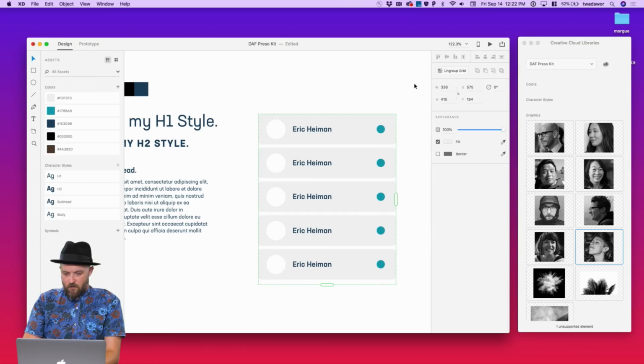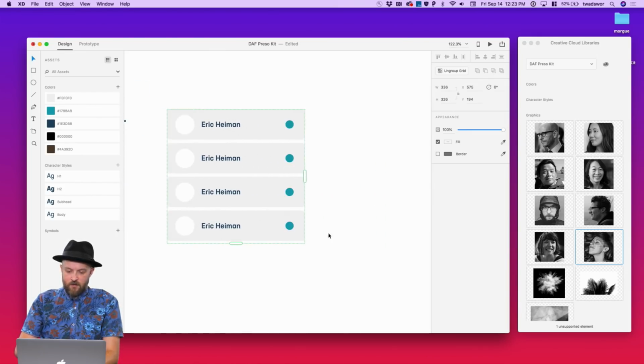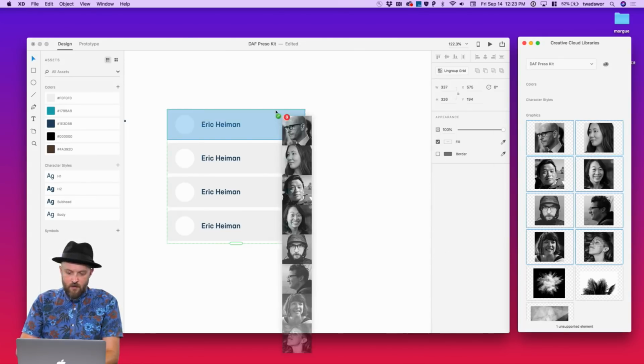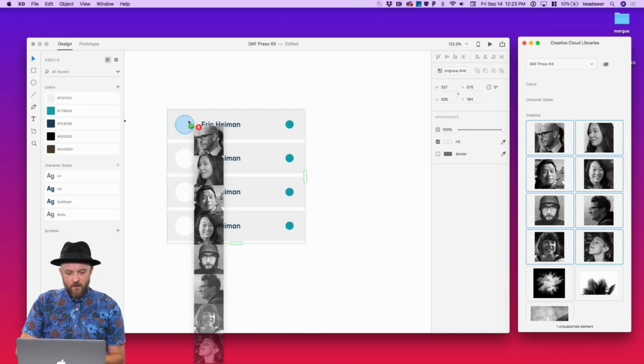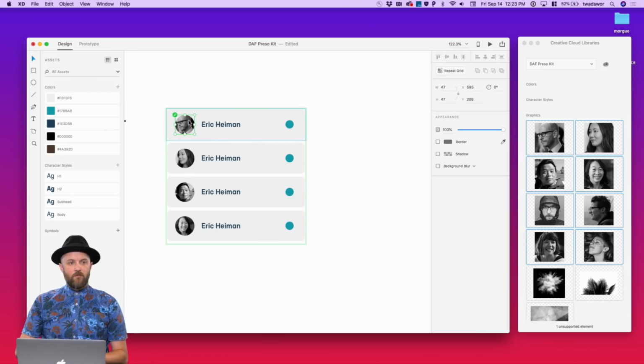I'm going to quickly do that. So I grabbed those elements, I converted it into a repeat grid, and now I can drag out as many of those as I want from my contact sheet here. Or I can make some more columns from that. And then my favorite part, of course, is I can select my avatars from the libraries, and I can drag and drop that onto the little avatar space here, and boom,